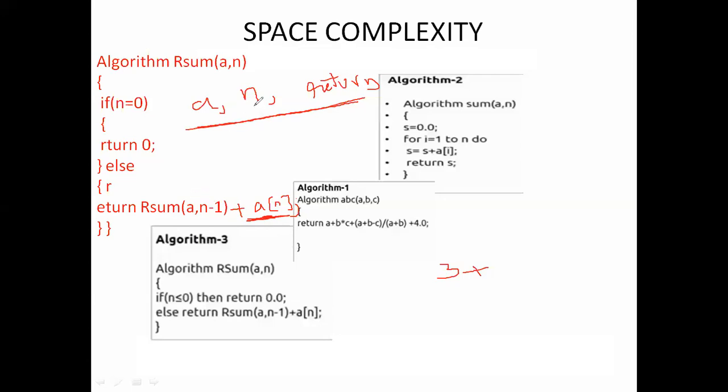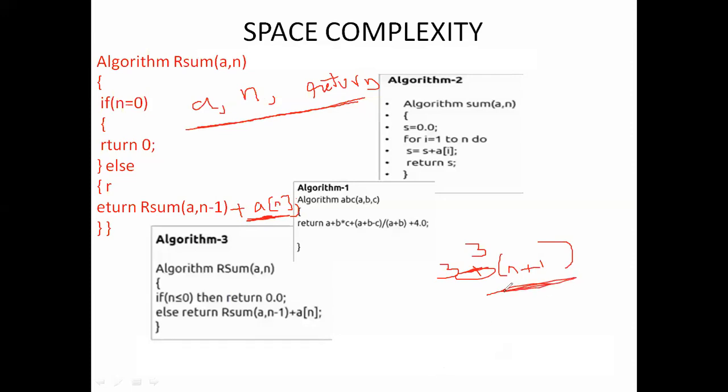If the n value is there, the algorithm will repeat n plus 1 times. So the complexity of this algorithm is 3 into n plus 1.